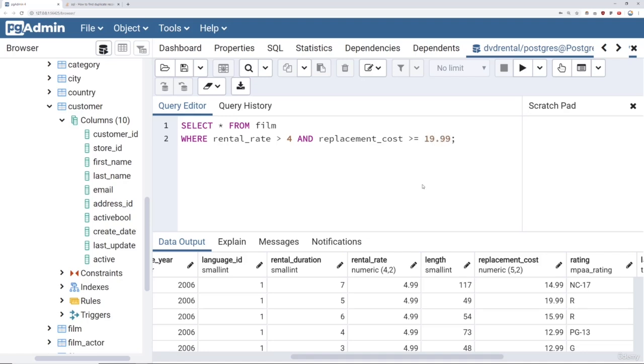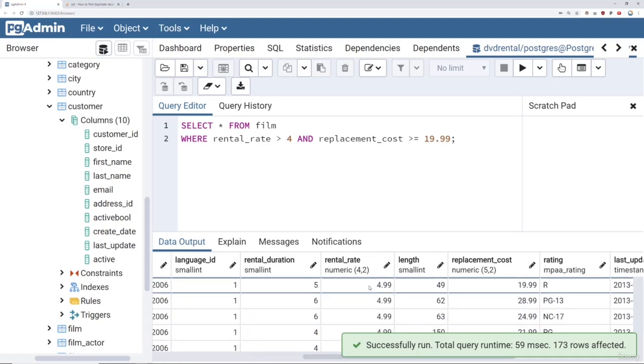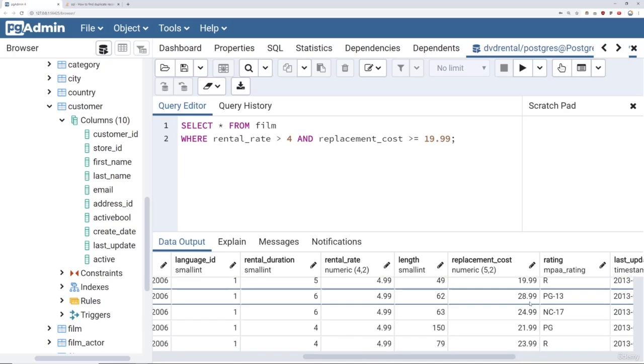And because these are numeric types, I can directly compare them to these numbers. Note how PostgreSQL lets you know what data type it is. So there's different colors depending if I'm working with strings, whether these are keywords in PostgreSQL, or whether they're numerics. We'll go ahead and run this. And now I can see here that we have $4.99 and then the more expensive movies to replace, $19.99, $28.99,